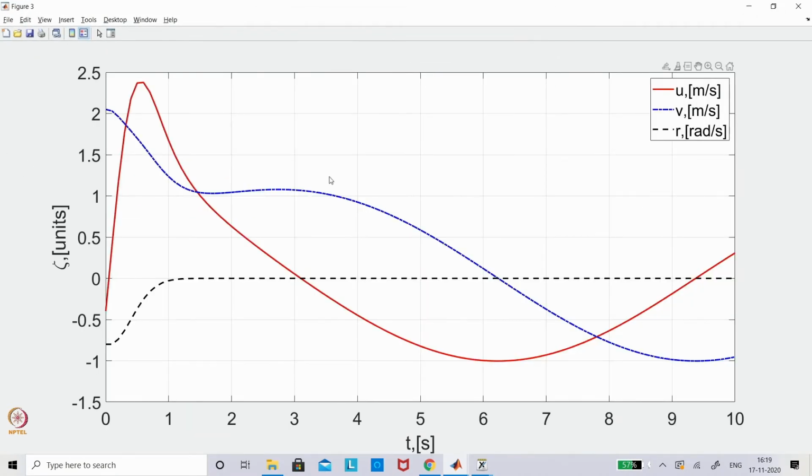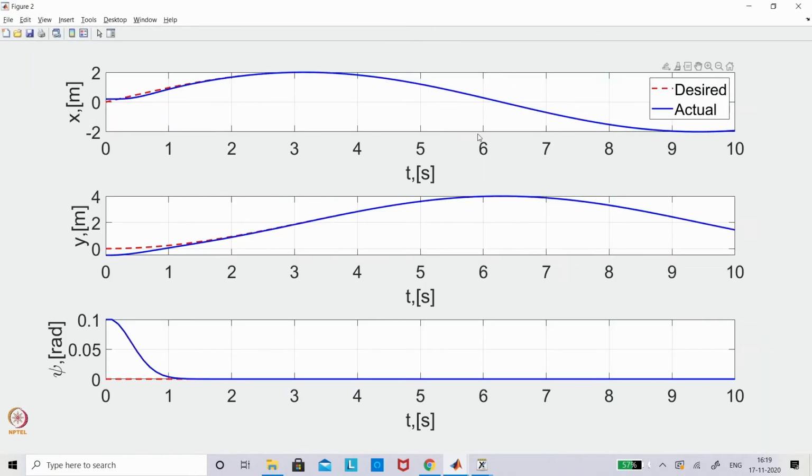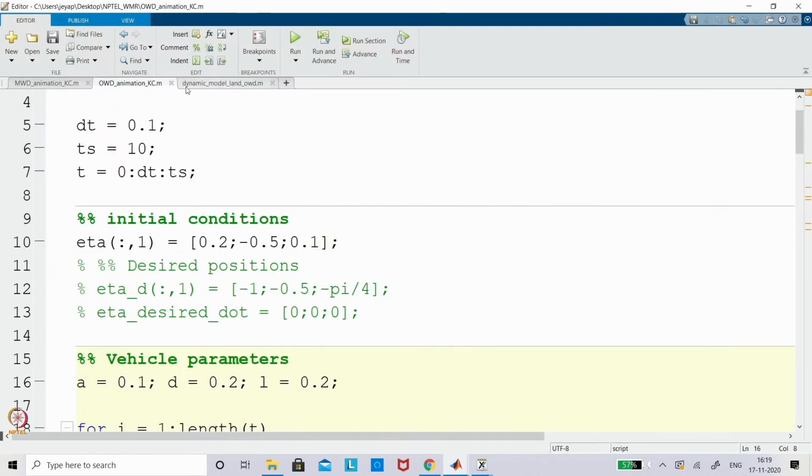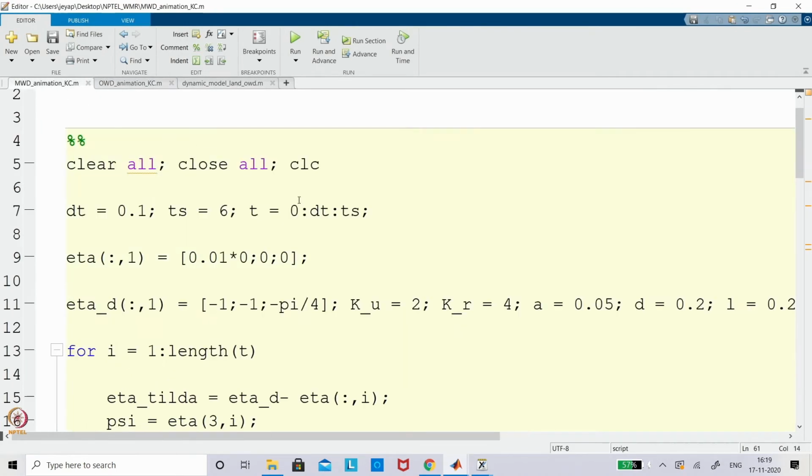Okay. So now this is your u, v, r, and I can also plot the similar XY psi, but right now I am showing it along with the desired, you can see, right. So I increased the profile speed and it is trying to follow it. The same thing you can bring to a mecanum wheel. So I am trying to show that in a mecanum wheel case also.